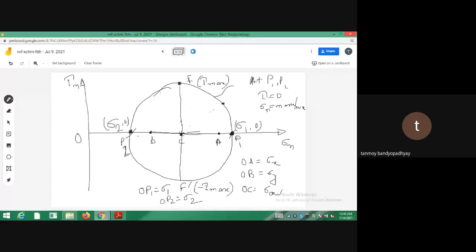Hang kore geche. So the problem that I showed you, so you are having the value of sigma x, you are having the value of sigma y. একটু দাঁড়াও।